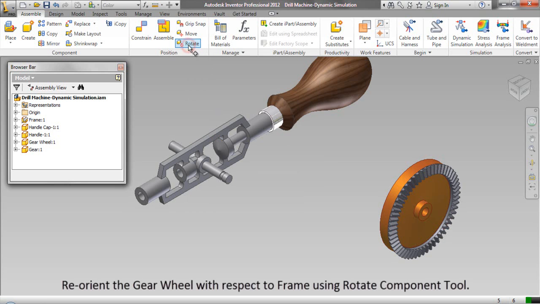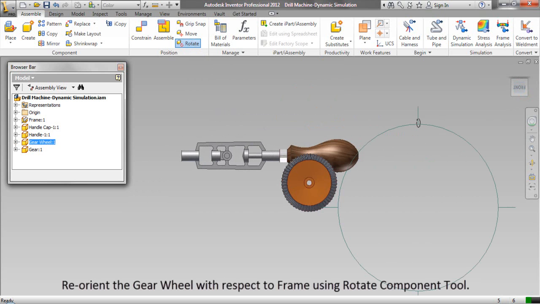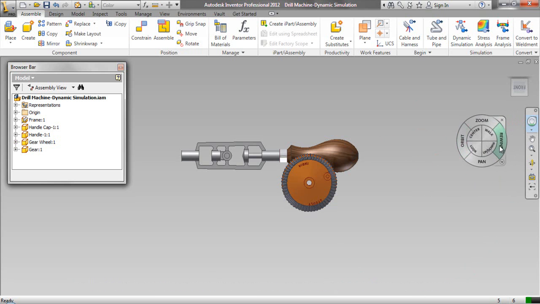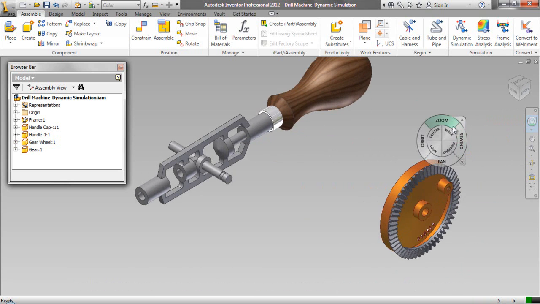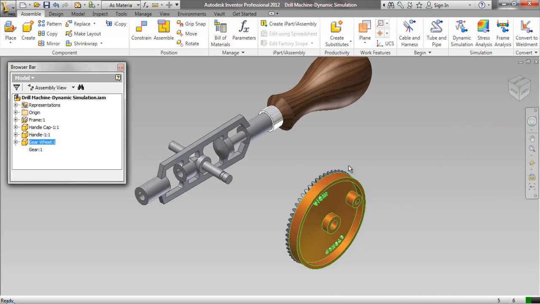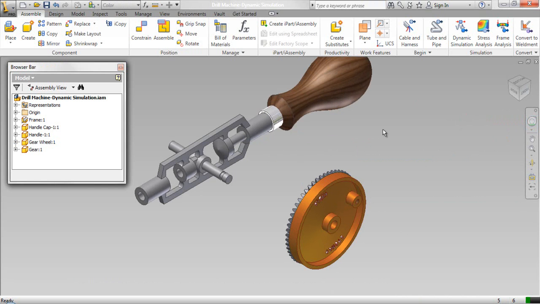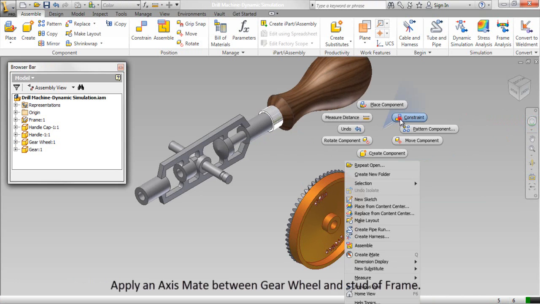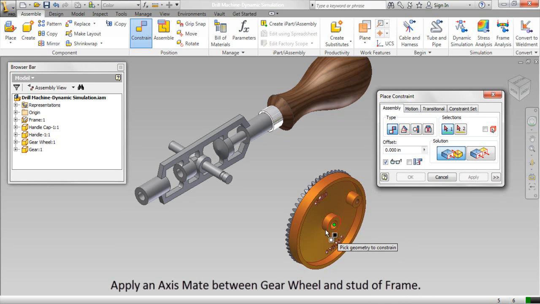Reorient the gear wheel with respect to frame using rotate component tool. Apply an axis mate between gear wheel and stud of frame.